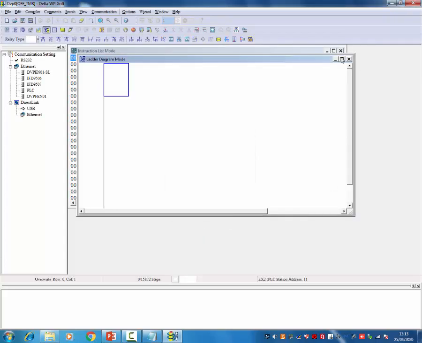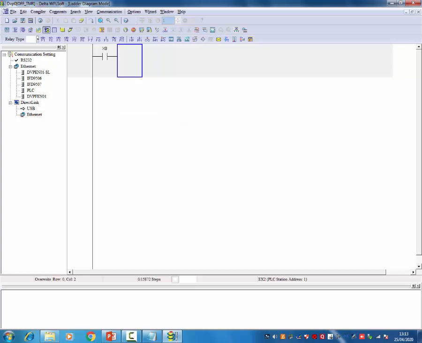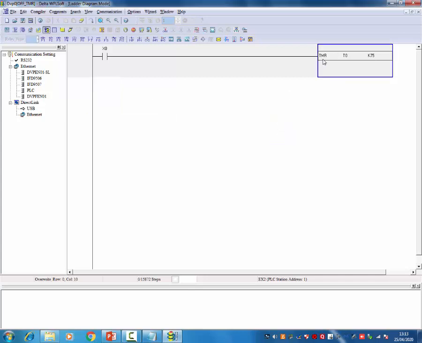In the previous video I covered the on delay timer and how it works, but today's off delay timer is a small change. Before giving the syntax, we should give our output address, because the basic off delay timer condition is: if we turn on the switch, the output will be in on state. If we turn off the switch, the output is still on, and after some time delay, the output goes to off condition. So we can't give the same timer which is given for on delay timer. The program execution is different in this.